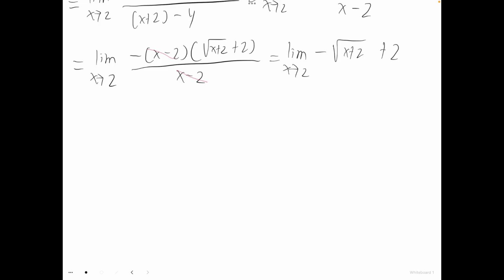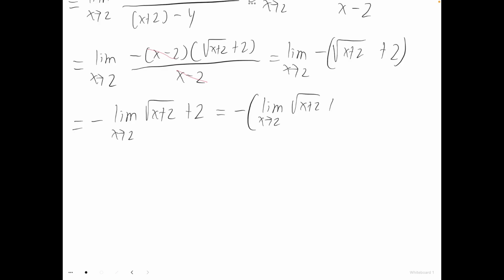And so now we want to compute this limit. Just to be clear, the negative is multiplying this whole thing. So I can pull the negative out to get negative limit as x goes to 2 of the square root of x plus 2 plus 2. Then using limit properties, this is negative limit as x goes to 2 of the square root of x plus 2 plus the limit as x goes to 2 of 2,